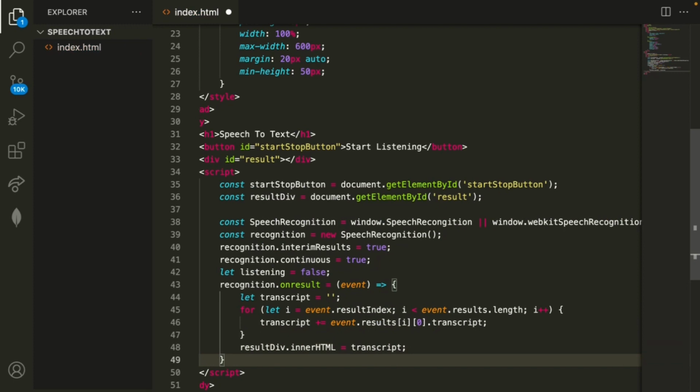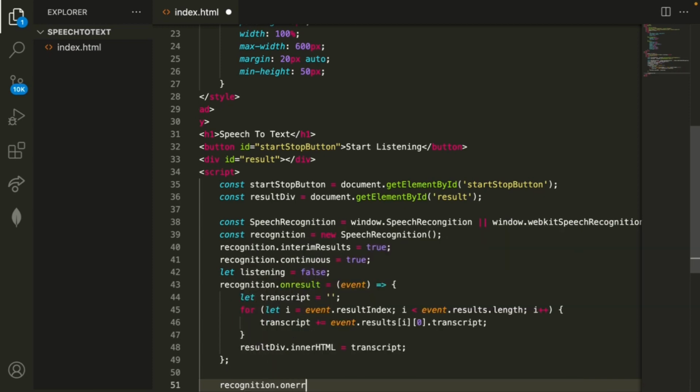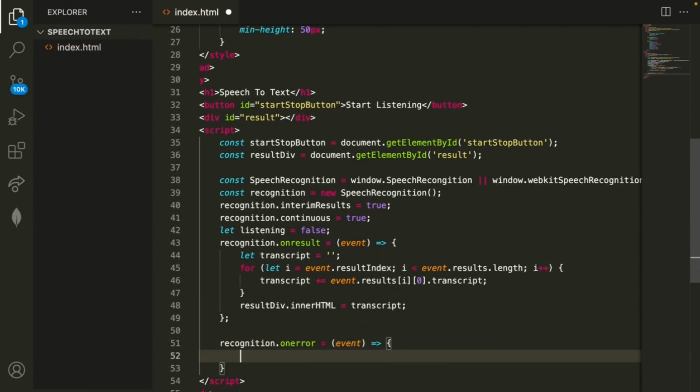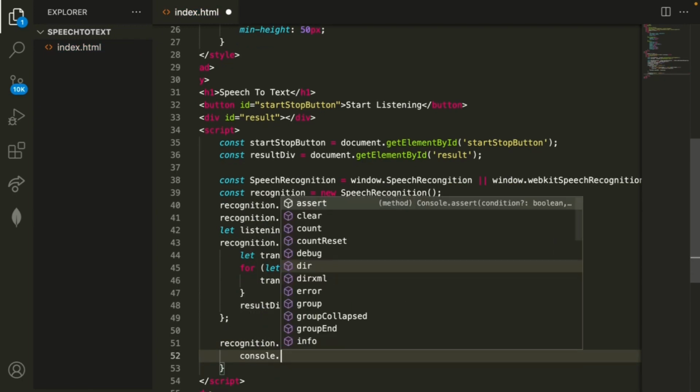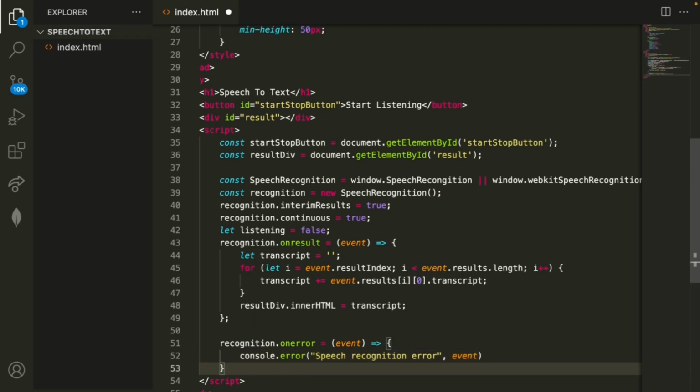Okay, so now outside of this recognition.onresult, we want a recognition.onerror for the event. Inside of this onerror, we can simply console.log the error if there is any. So we'll just say speech recognition error, and then we can log the event as well. All right, so now that we've done a bit of error handling, the next thing we want to do is